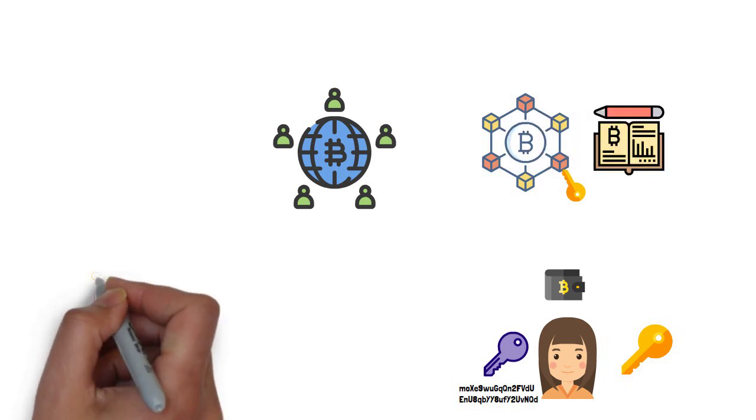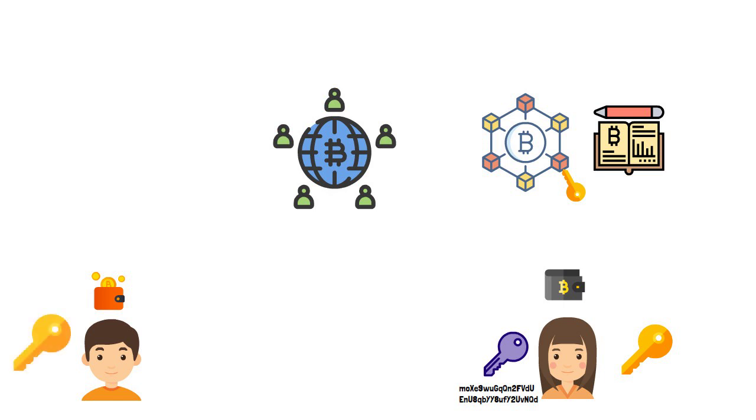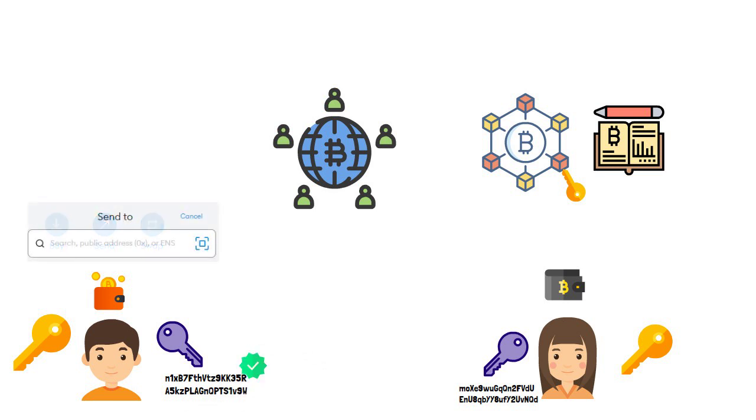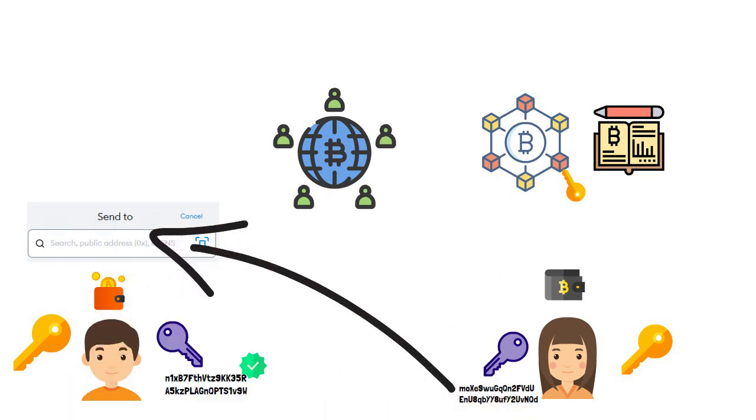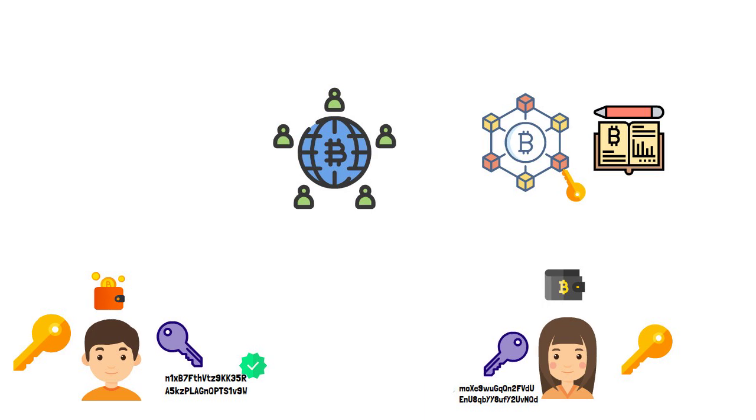Bob wants to send Alice some Bitcoin. Bob already got some funds in his wallet, which means that his wallet address is registered on the Bitcoin blockchain. Bob will simply open his wallet, type in Alice's address / public key, enter the amount he wants to send her, and then click send. Now Bob's gotta be very careful. If he makes a mistake and enters the wrong amount or the wrong address, there is no going back.